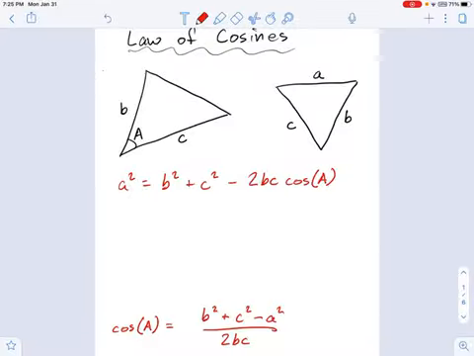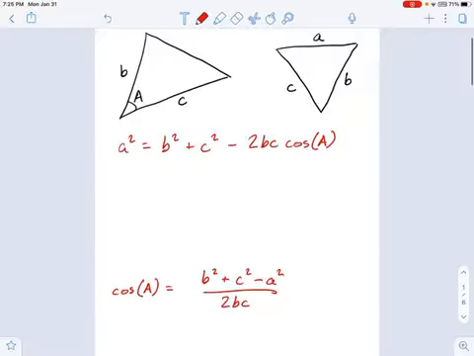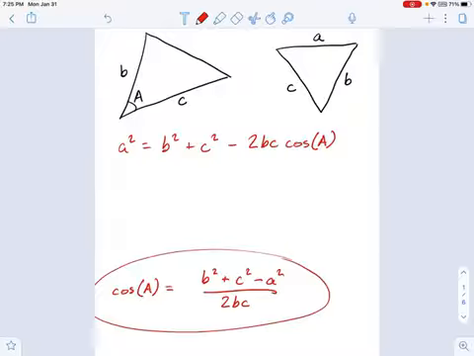And therefore, it shouldn't be too surprising when you see two different variations of the law of cosines. I have one variation right here where I'm trying to solve for a side, in this case, little a. And I have another variation down here where I'm trying to solve for an angle, the angle big A. Now, you'll notice if you want to solve for an angle, this one down here, if you're trying to solve for an angle using law of cosines, you need all the other sides, all of them.